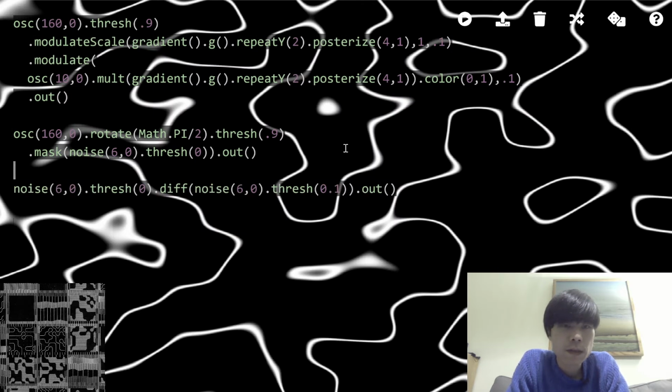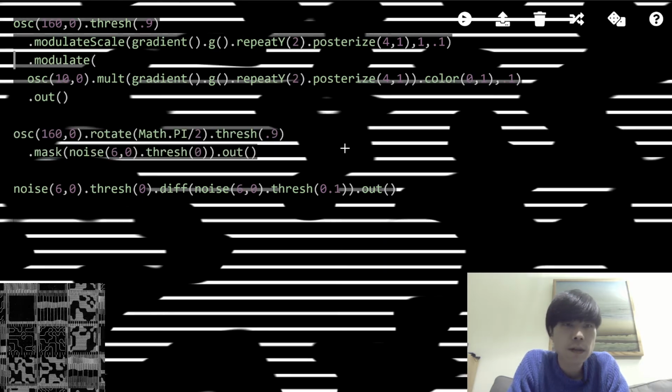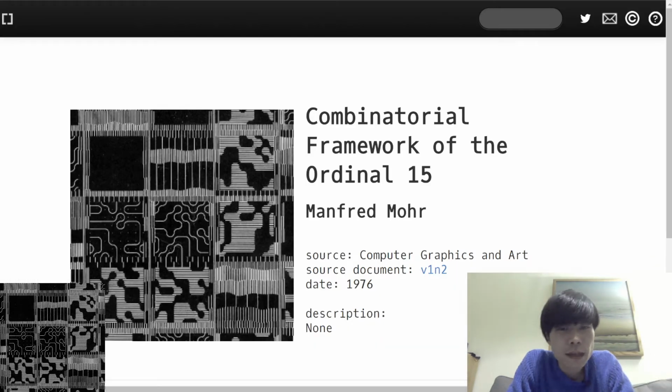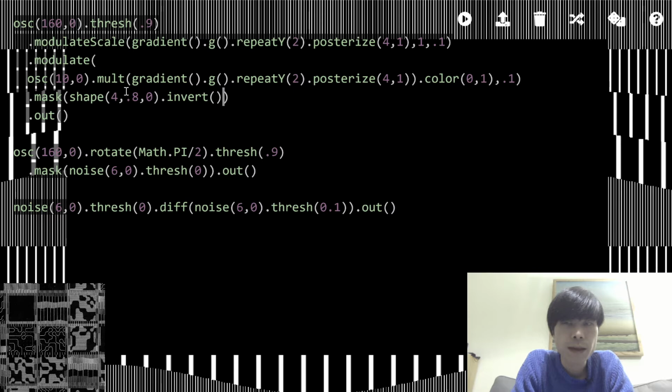And so now I have 3 variations. One is this, second one is this, and the last one is this. And somehow I need to combine them. And also, as I said, I feel like this last one, if I take mask of this with shape 4, 80 invert, then I can make a window. And I want to somehow use it in every cell,